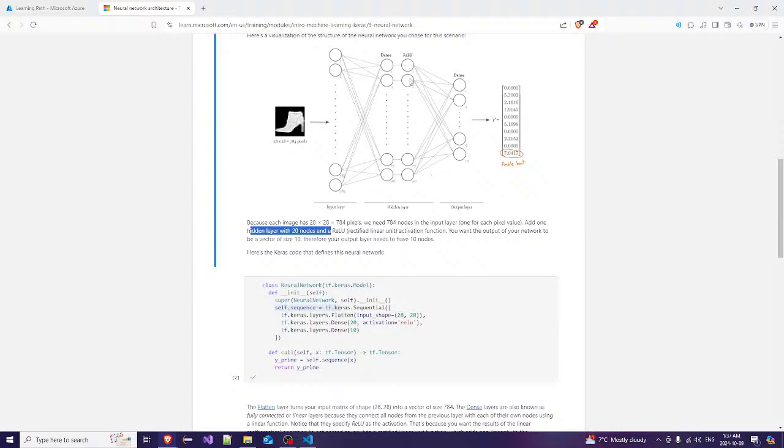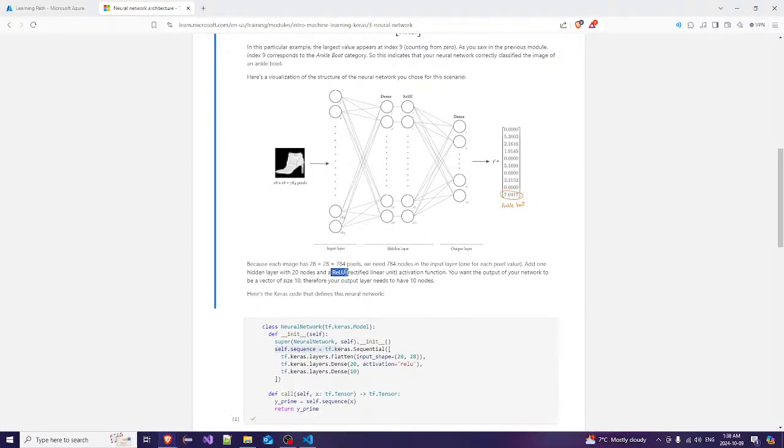Okay, so here's 784. Then we have a Dense, so it's going to compact it, I'm guessing. ReLU, I don't know what that means, and then it's going to densify it to 10. Add one hidden layer with 20 nodes and a ReLU, rectified linear unit, activation function. You want the output of your network to be a vector of size 10. Therefore, your output layer needs to have 10 nodes. So here's the Keras code that defines this neural network. I don't know what made us want to have a ReLU,